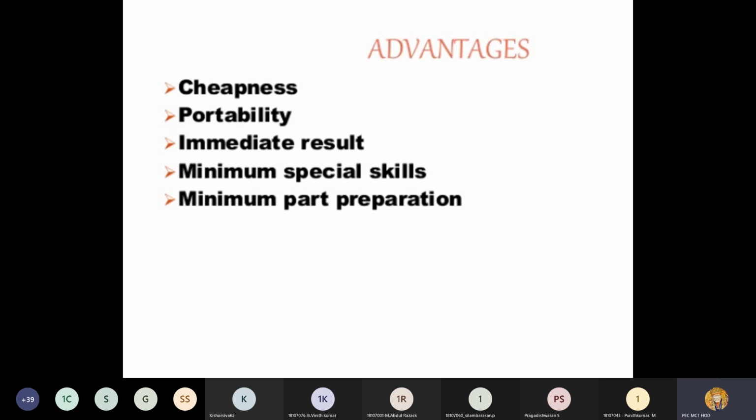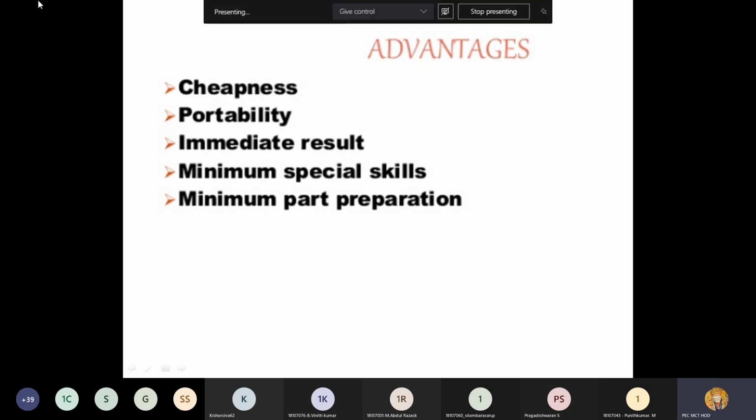ஓகேவா? ஸோ அடுத்த பாயிண்ட் போர்ட்டபிலிட்டி. We can take that equipment any places where you required. சரிங்களா? So it's a portable and then immediate result உடனே கிடைச்சிடும். கண்ணில் பார்க்குறீங்க, டக்குன்னு இந்த இடத்துல சர்ஃபேஸு கிராக் இருக்குது, இந்த இடத்துல டிஃபெக்ட்ஸ் இருக்குன்றது we can easily identify and give the results,